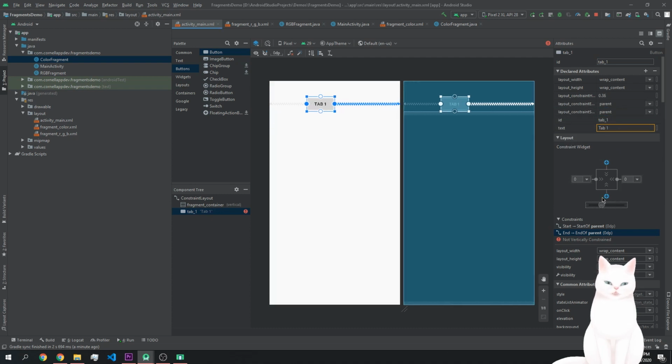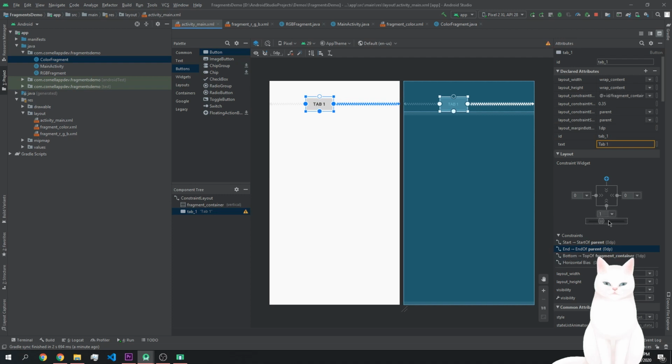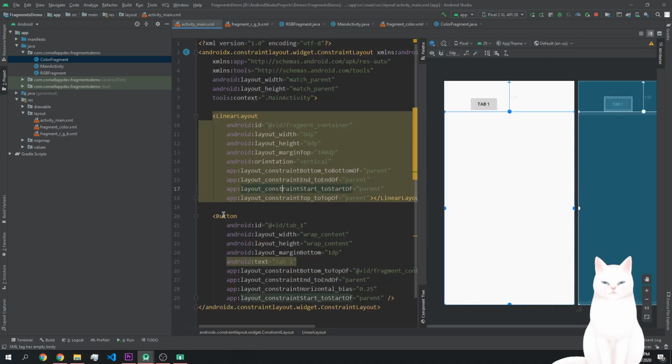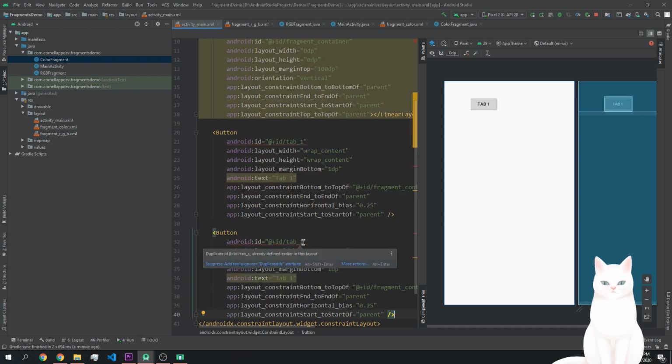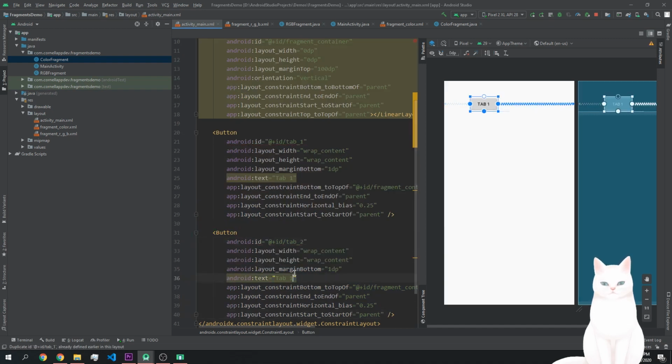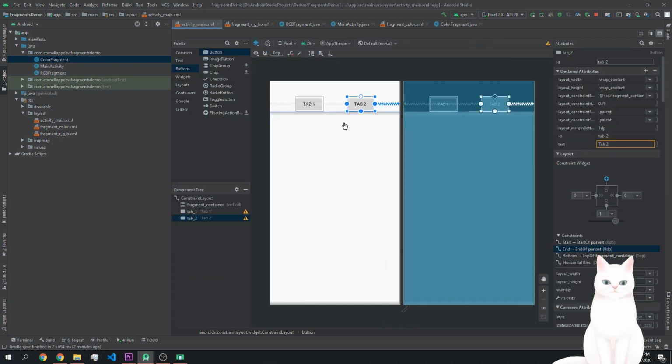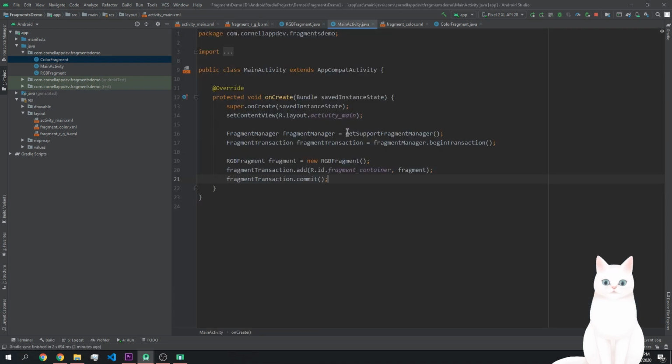So I'm going to set this with, I'm going to give this a 25. Yeah, sounds good. And then duplicate the button. Call it tab 2 with all the benefits that the number 2 gives. And then set its bias to 75, so it ends up on the other side. Great. And now in main activity,